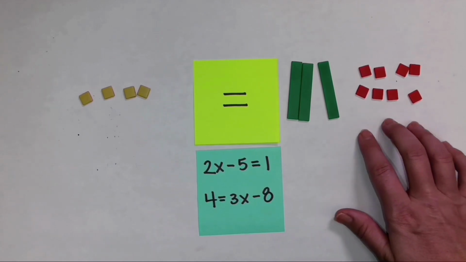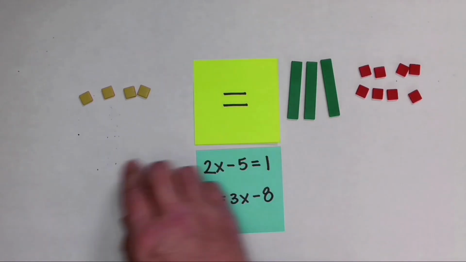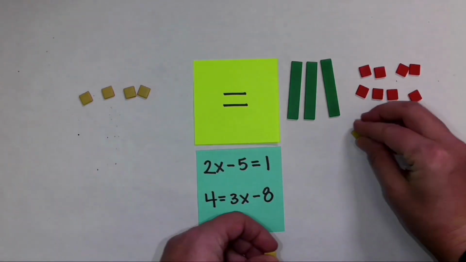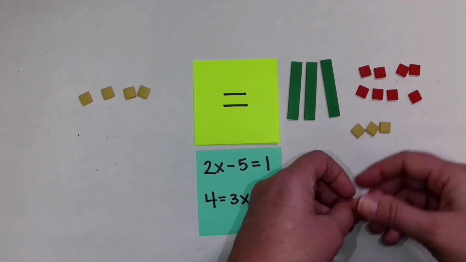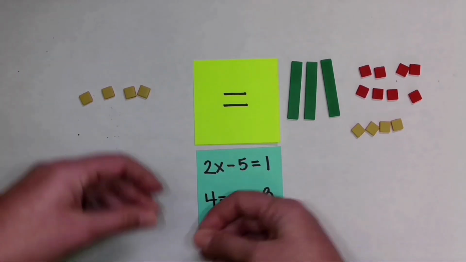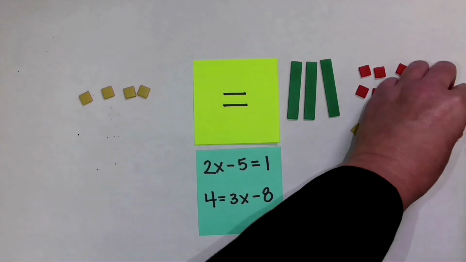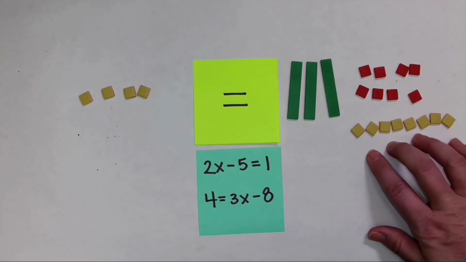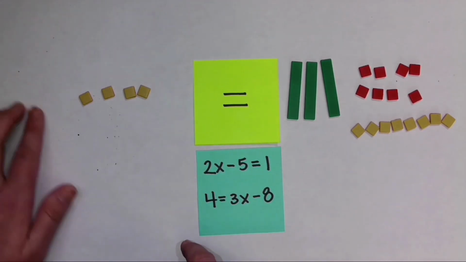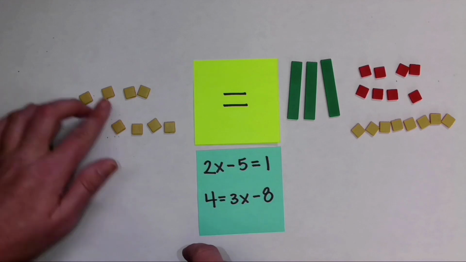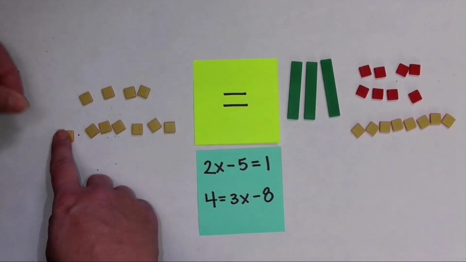Now I want to create 0 pairs to remove this constant, and that would help me isolate this variable. So I do that. I have 8 negative, so that means I'm going to bring in 8 positive over here. So 1, 2, 3, 4, 5, 6, 7, 8. But whatever I do to that side of the equal sign, guess what? We got to do to this side of the equal sign. So I will bring in 8 positive, 1, 2, 3, 4, 5, 6, 7, 8 to this side of the